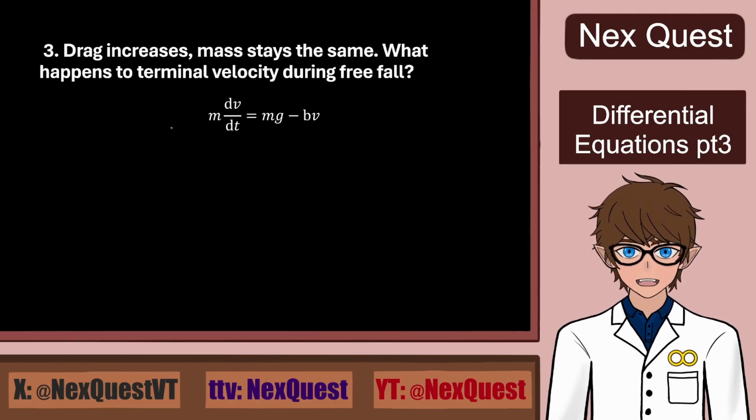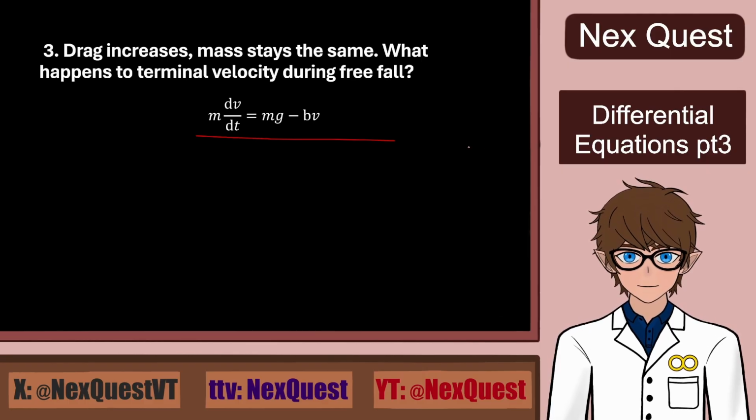As for the third problem, we are given the following differential equation. We know that the drag increases and mass stays the same. So what happens to terminal velocity? Now, I'm not doing the entire thing we did in the lecture. For that you can check the lecture itself, but I will use common sense on how we can solve this